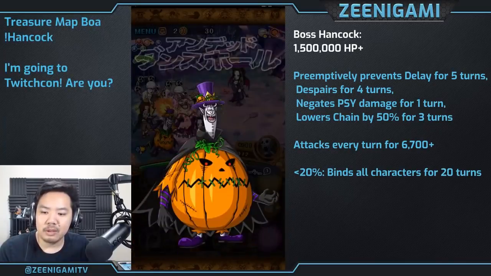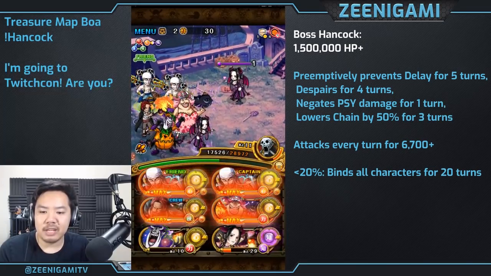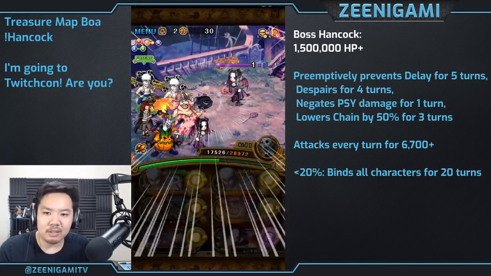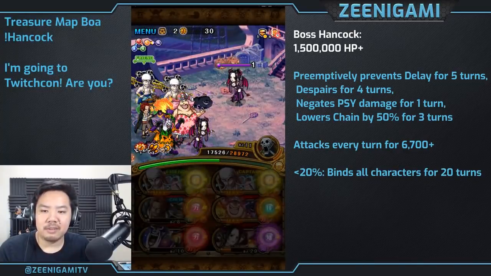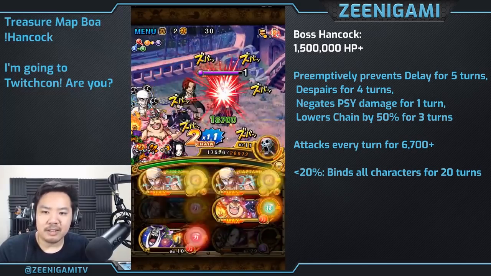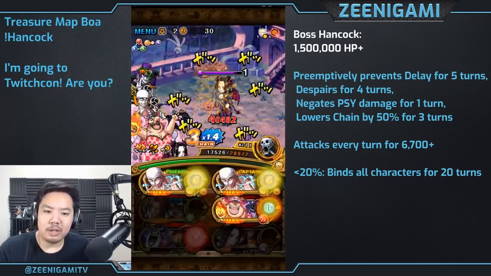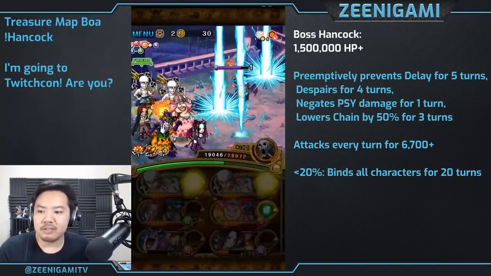We're going to use Moria to get rid of the despair. He also gives us end of turn damage. We can use Shanks this turn to give us a little bit of damage, and he also helps give us matching orbs. Then Shanks' damage will do a little bit. You do not want her to get below 20% because below 20% she's going to...